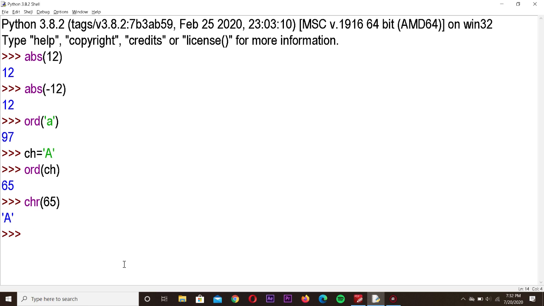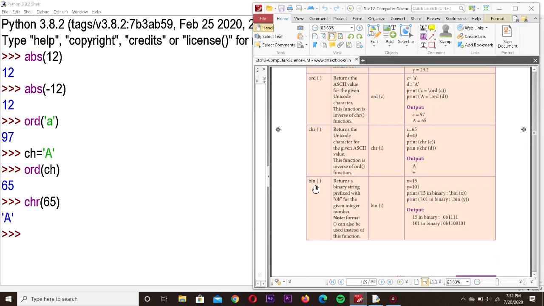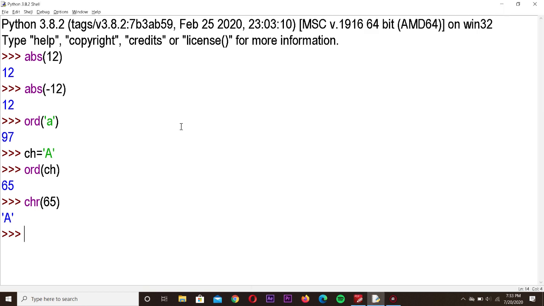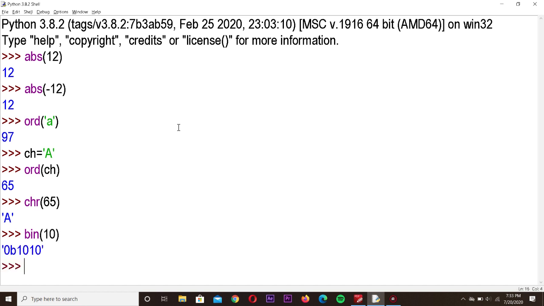Next one is bin. Bin returns a binary string prefixed with 0b for the given integer number. So what is the use of bin? Bin is used for getting the binary value for the given decimal number. Suppose I am entering bin of 10. Then you will get the answer as 0b, that is, the number will be displayed with 0b in front.